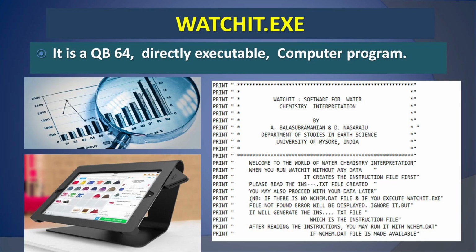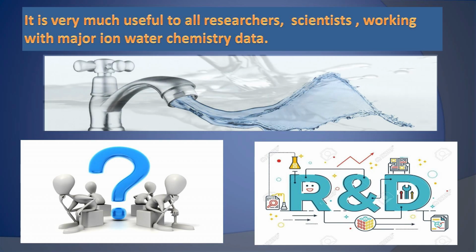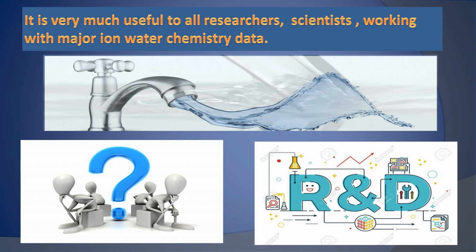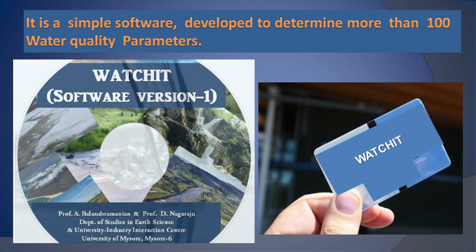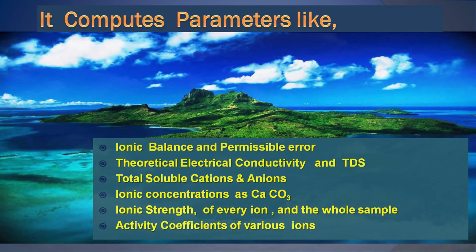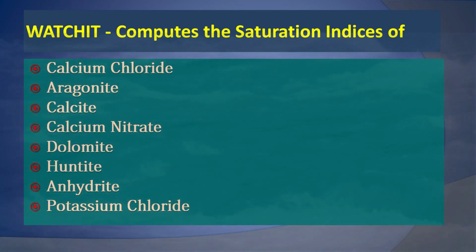WATCHIT is a QB64, directly executable, computer program, very much useful to all researchers and scientists working with major ion water chemistry data. It is a simple software, developed to determine more than 100 water quality parameters. It computes parameters like ionic balance and permissible error, theoretical electrical conductivity and TDS, total soluble cations and anions, ionic concentrations as CaCO3, ionic strength of every ion and the whole sample, activity coefficients of various ions, saturation indices of